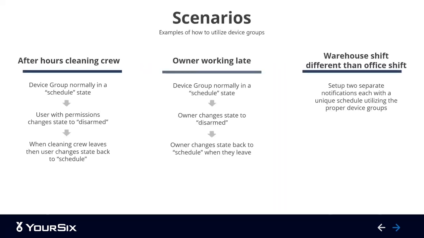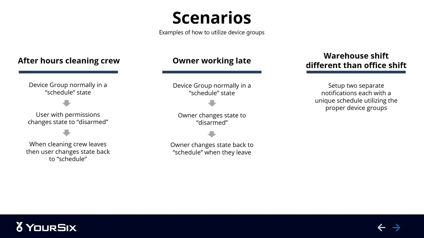Now let's talk through a few examples. First, let's say a cleaning crew comes and cleans the site after hours. Typically, the site may be in a schedule state, which means notifications will be sent based on the schedule set up in the notifications. As the cleaning crew arrives, an authorized individual can change the state to a disarmed state, allowing the crew to do their job. Then when they leave, the user can set the state back to schedule,